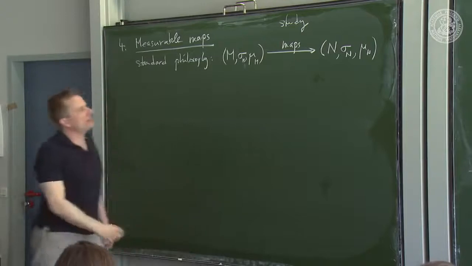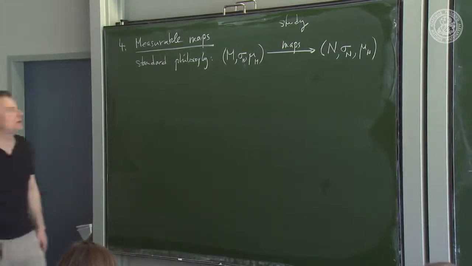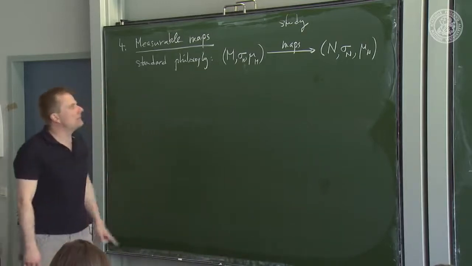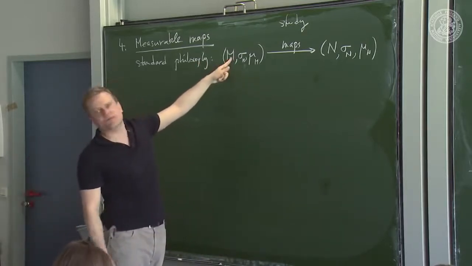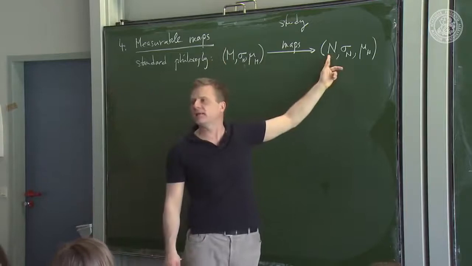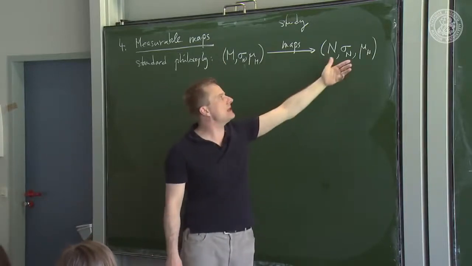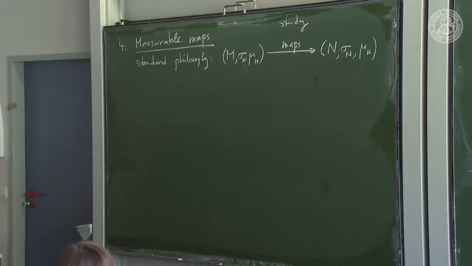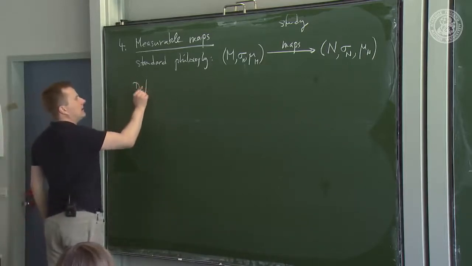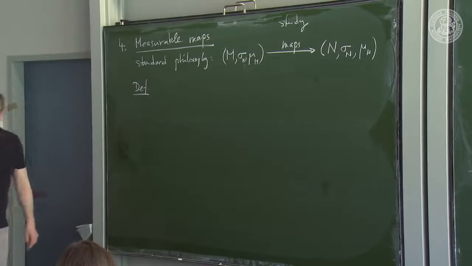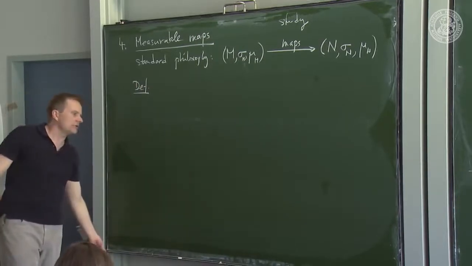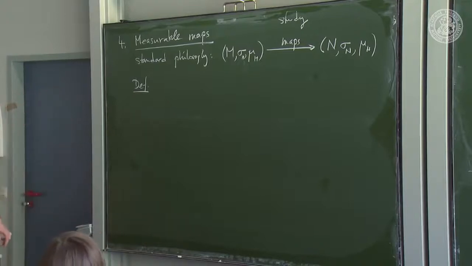Now, strictly speaking, a map doesn't map you from here to there. A map takes elements from the underlying set to the underlying set, but then you may employ the extra structure to impose a condition on the map. And that's what we're going to do here. As in topology, you have continuous maps that preserve the topology by pullback. So you do here for measurable maps.